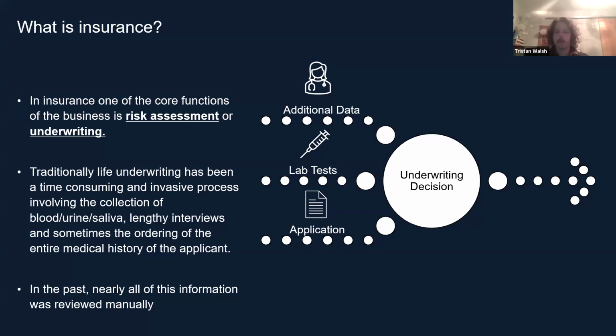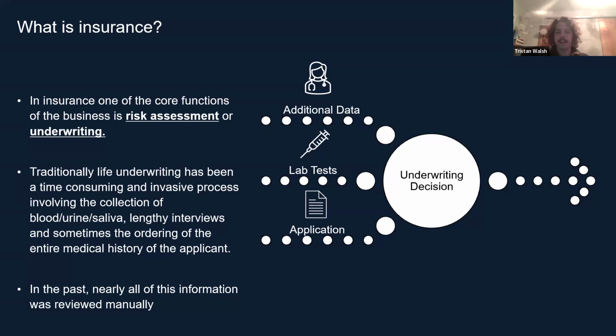And then sometime later, maybe 1 week, 2 weeks, 3 weeks, a nurse or a medical professional would knock on your door and come to collect what we call fluids, which are blood, urine, saliva panels, and those would be used to gain more information about the health status of an individual. So collecting things like what your blood sugar is to determine if you're diabetic or not, liver values, different metrics about your heart, things like that. And in addition to that, they would sometimes order the entire medical history of the applicant through their doctor,